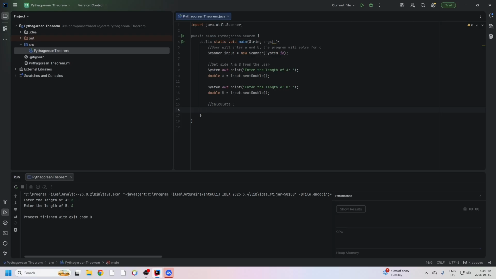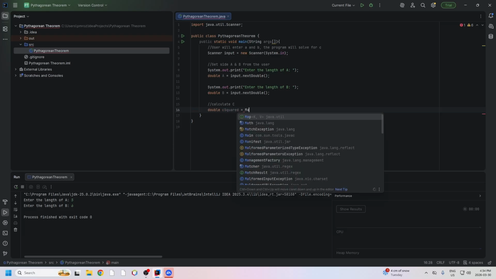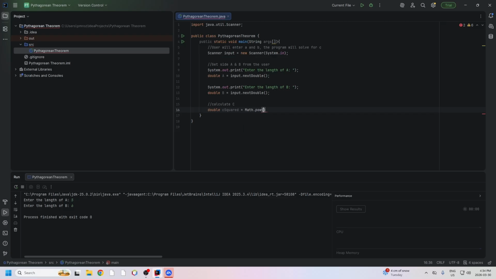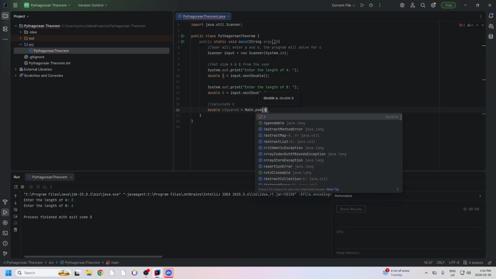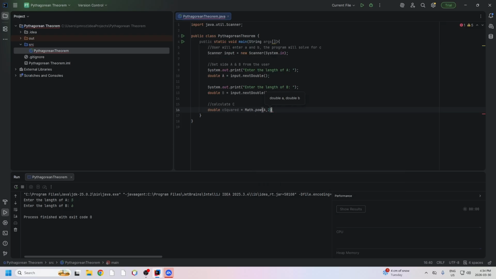If you don't know what that is, it's just a little note to myself. Coders write comments, just leave little notes of what you're actually doing in the program. Now, here's the formula for the C. So what I'm going to do is figure out the C squared first. So it'll look like this. Double C squared is going to equal Math.pow of A comma 2, sorry, capital A comma 2